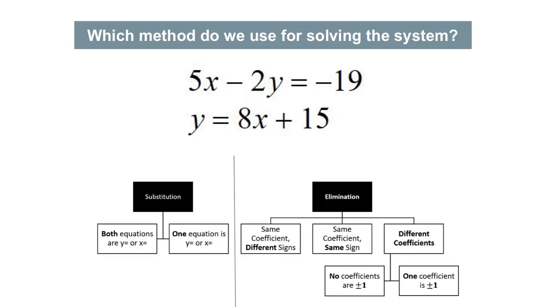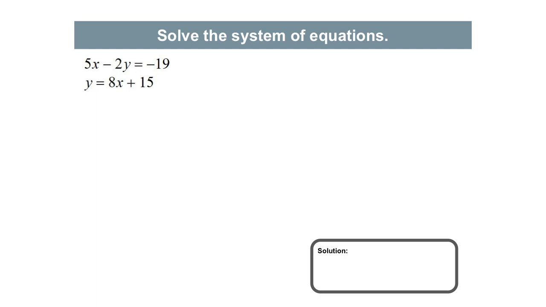Take a look at this problem. Which method do you think we will use to solve? We should have chosen one equation is y equals or x equals. So you want to open that page in your foldable. Given that one equation is y equals or x equals, I'm going to take what y equals and plug that into the other equation for y. When I do that, I will have